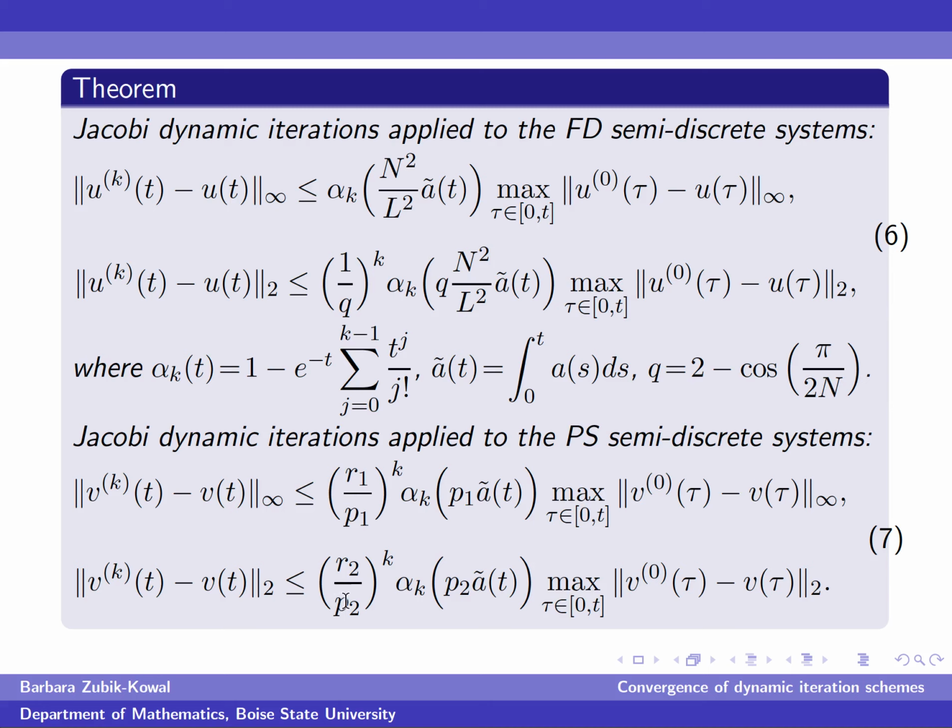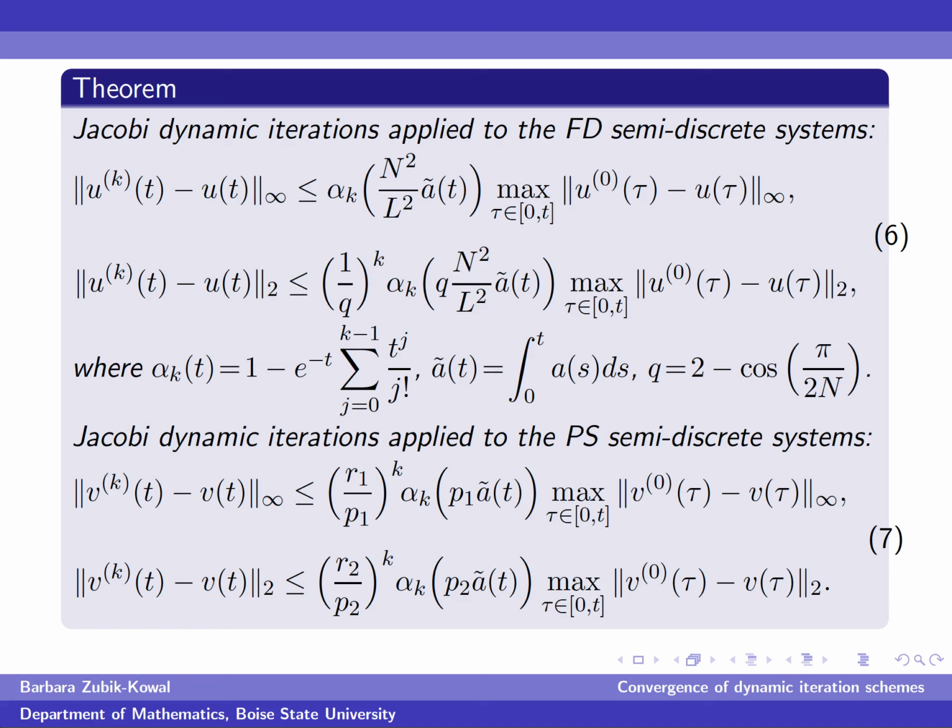Here, these four constants, R1, P1, R2, and P2, are determined according to the choices of the pseudospectral differentiation matrices, and the error bounds written in the form labeled by 7 are much smaller than the error bounds written in the form labeled by 6,